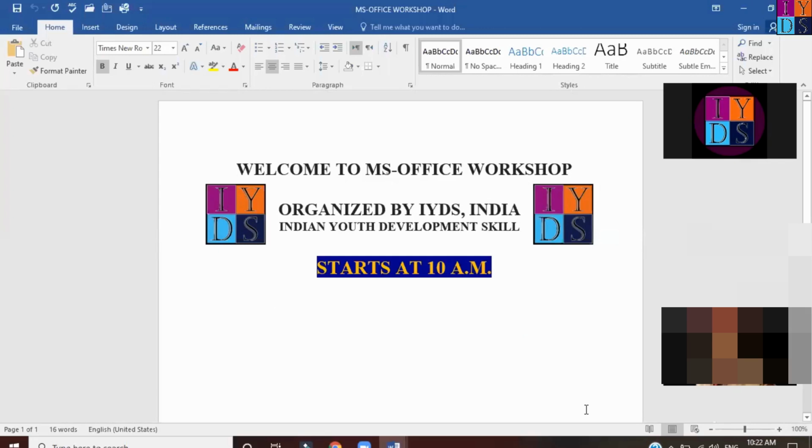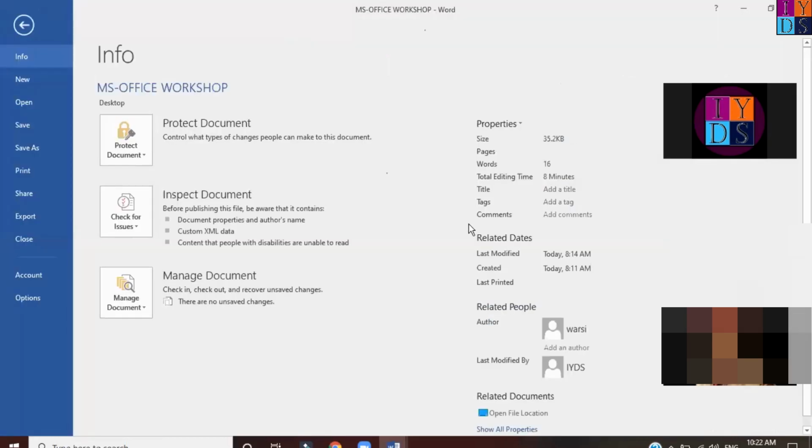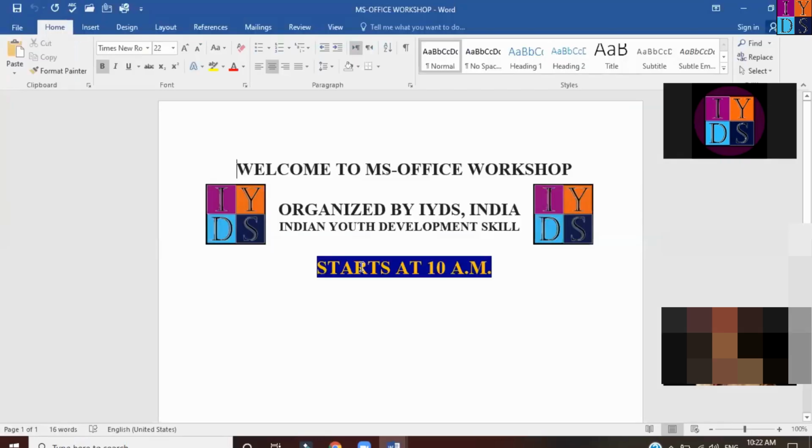Many of the features in Office are great for saving or sharing files online. OneDrive is Microsoft's online storage space that you can use to save or edit files. If you want to save this file,